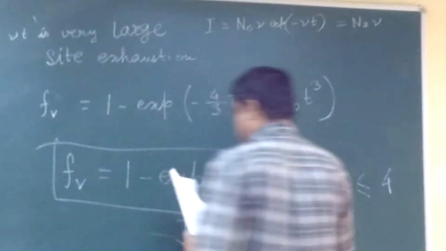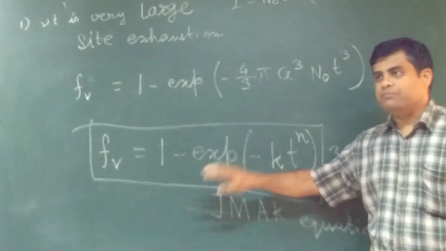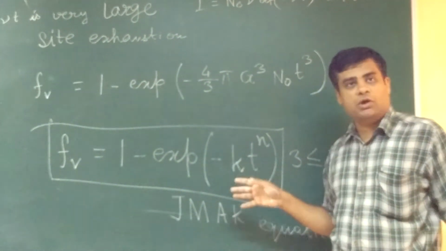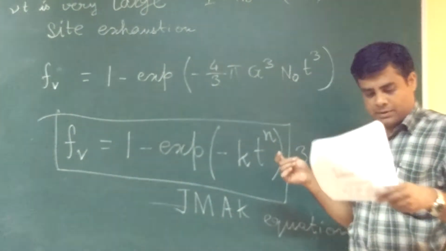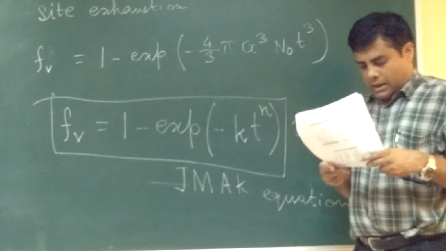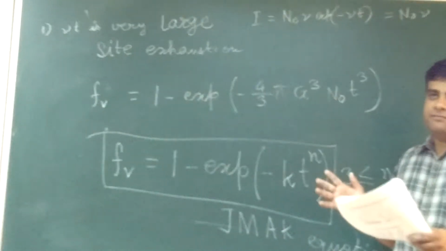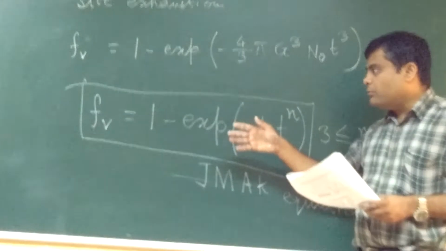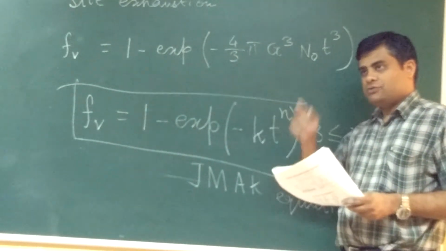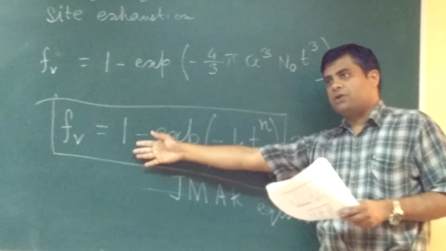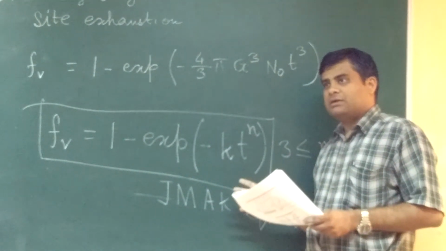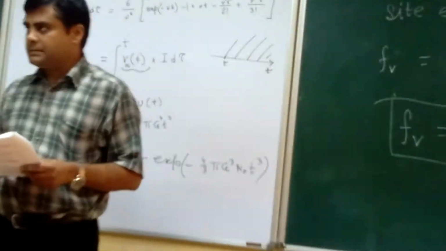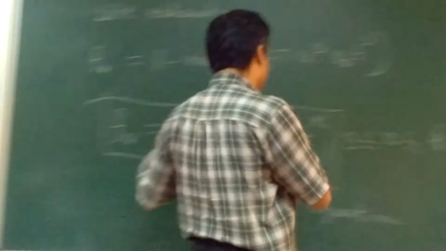In that transformation, if we take values and put them in, Fv is very small at the beginning, at small t. Actually, not Fv but dFv/dt, the transformation rate, is very small at the beginning and at the end. So it will give you a sigmoidal curve. When you plot Fv versus time on a log scale, you will get a sigmoidal curve. Then we find out experimentally the values of n and k.